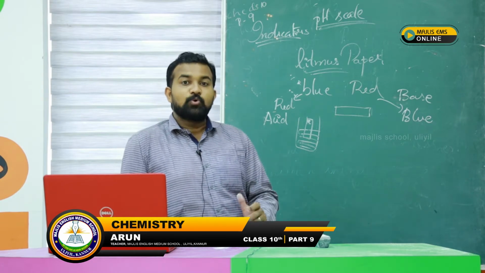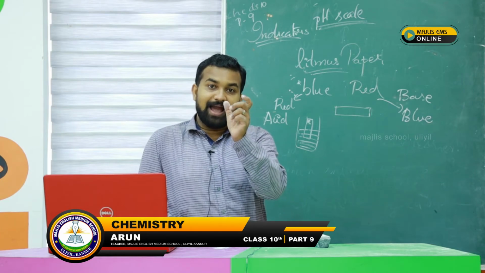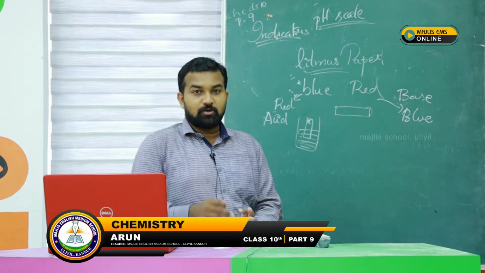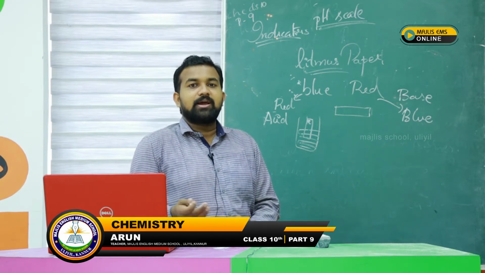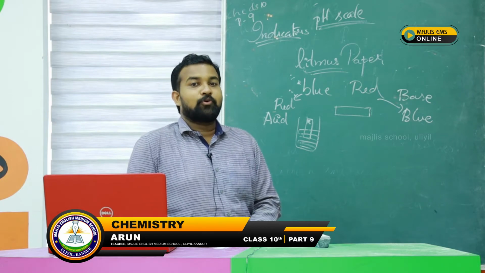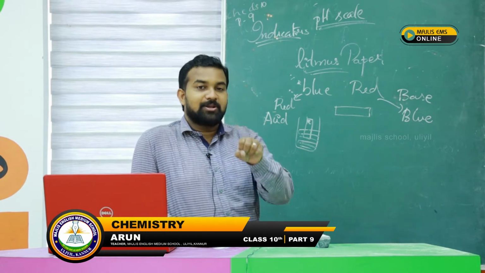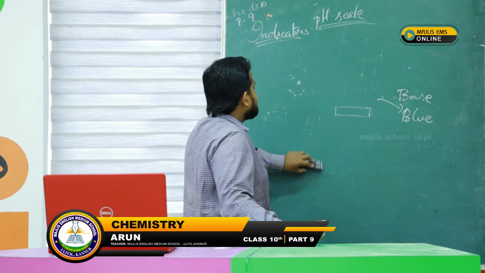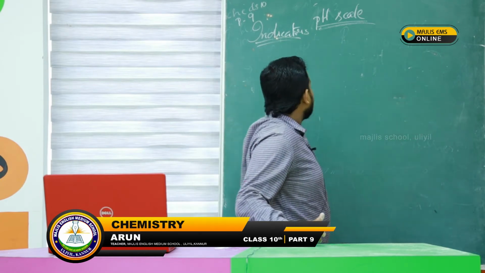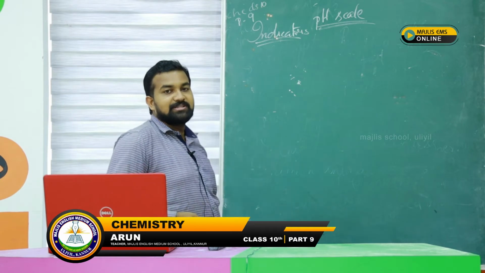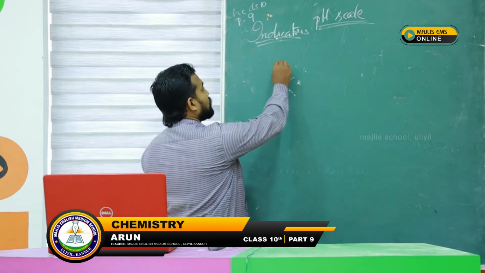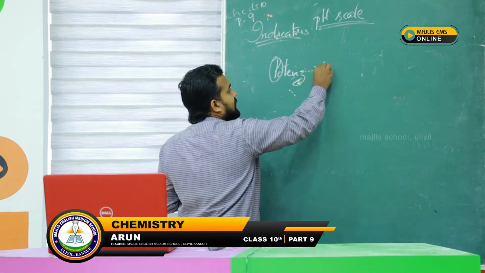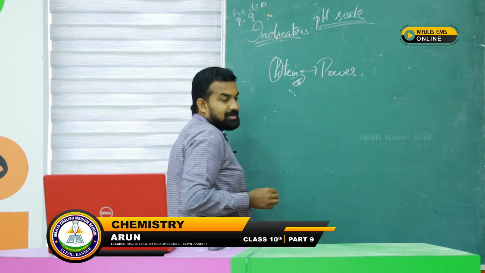Okay. But this won't help us to find out the accurate degree of acidity or basicity. Whether it is a strong acid or a weak acid, I can't find out. For finding out the correct measurement of acidity and basicity, we have another indicator called the pH scale. It is a measurement, pH. Power of hydrogen, potence. This P stands for potence, which means power, or concentration or whatever it is.